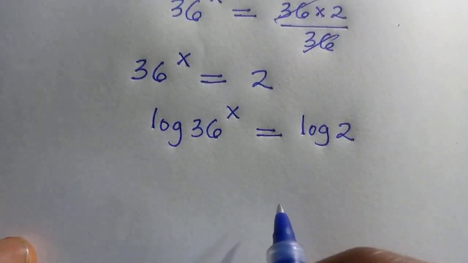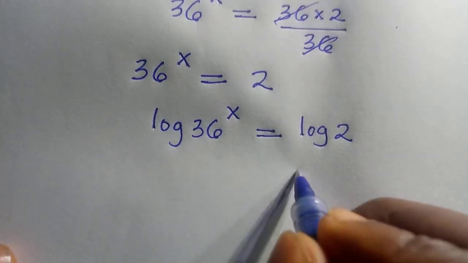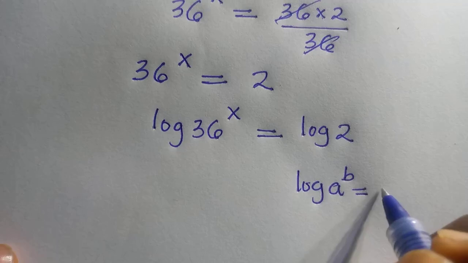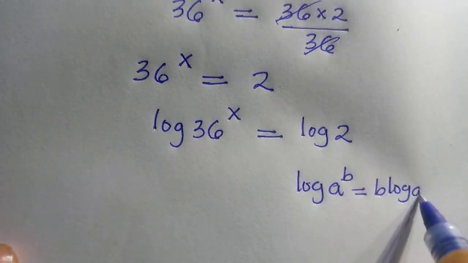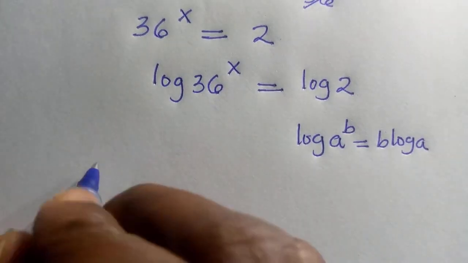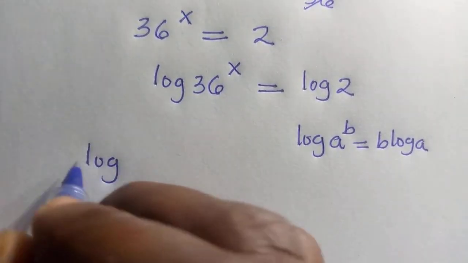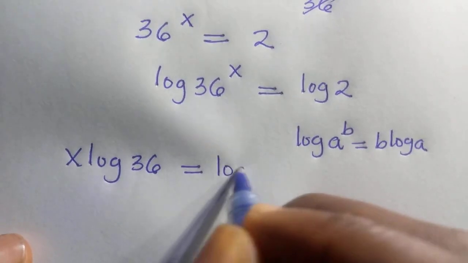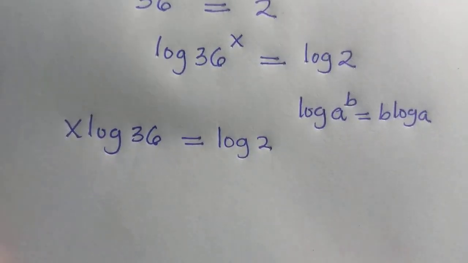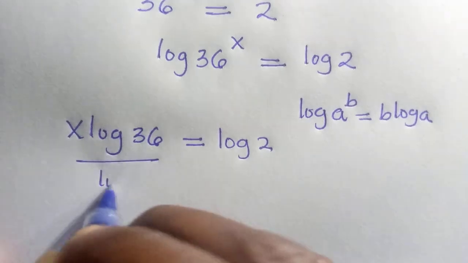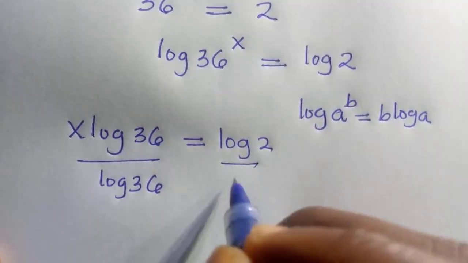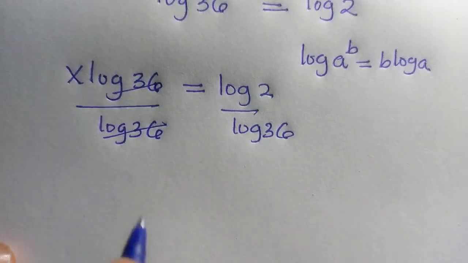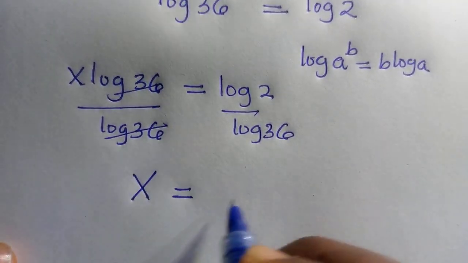So we have to consider from this rule that says, suppose we have log a raised to the power b, it is equal to b log a. Then by applying it, we have x log 36 equals log 2. Then we divide both sides by log 36. So by dividing both sides by log 36, this cancels. Then we have x equals